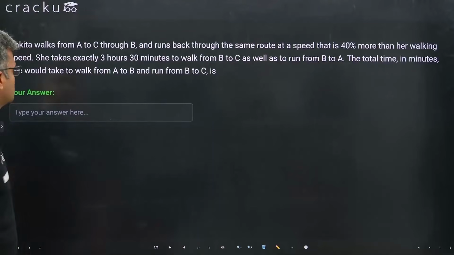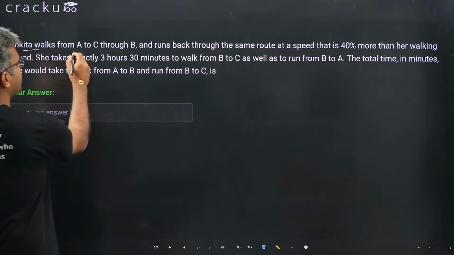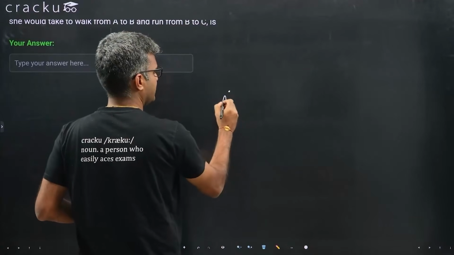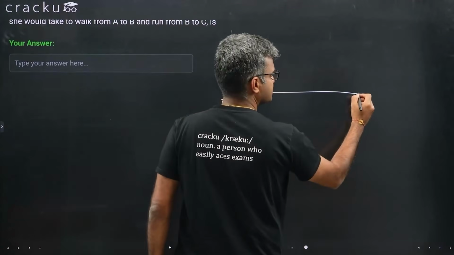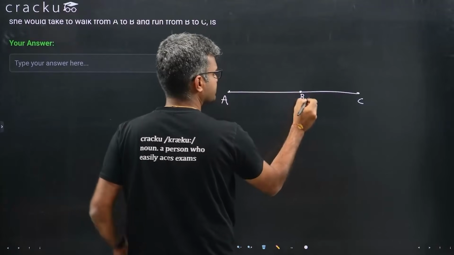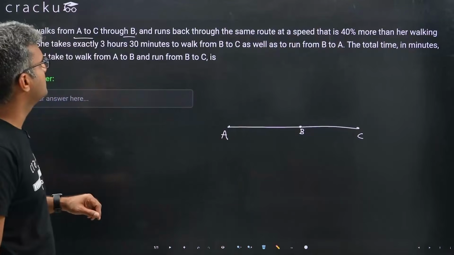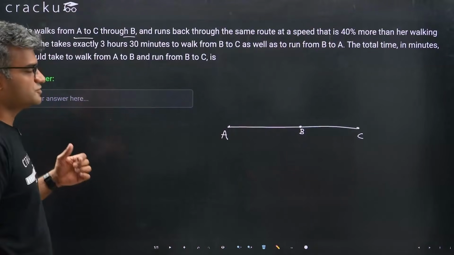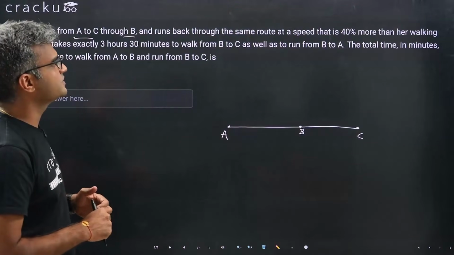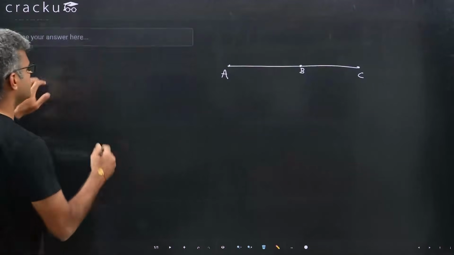In this question, we are told that there is Ankita who walks from A to C through B. So we have this is A, this is C. Ankita walks from A to C through B. And this is B. Now, she runs back through the same road. So she walks from A to C and then runs back at a speed which is 40% more than her walking speed. So what we know is that speed